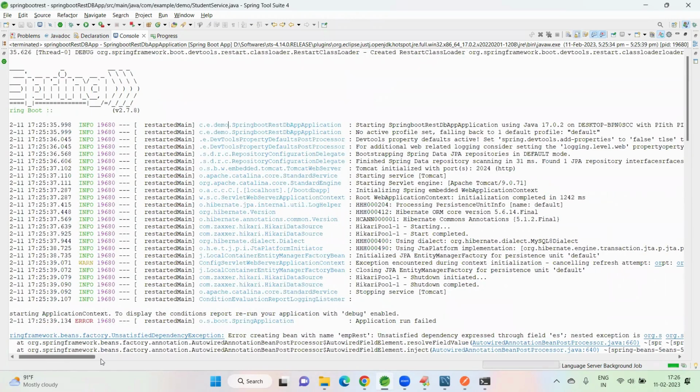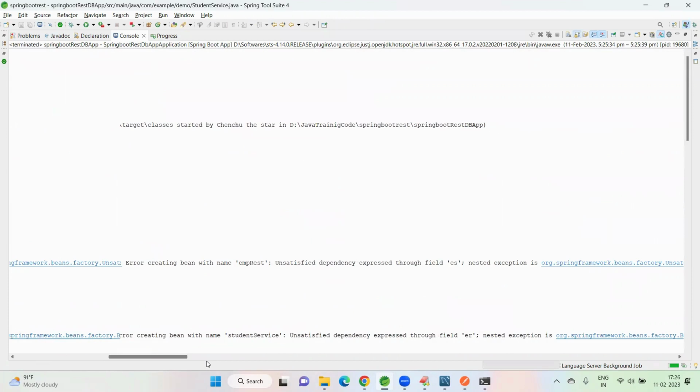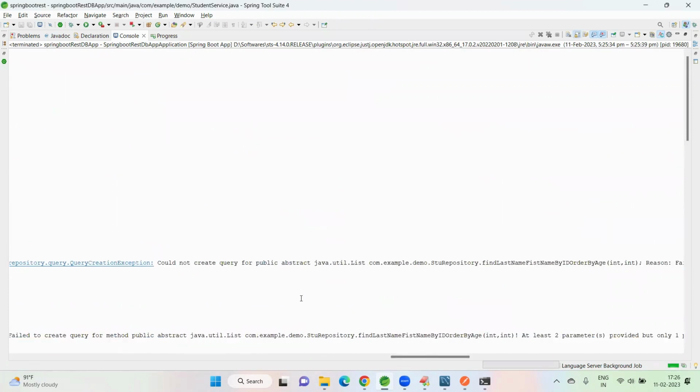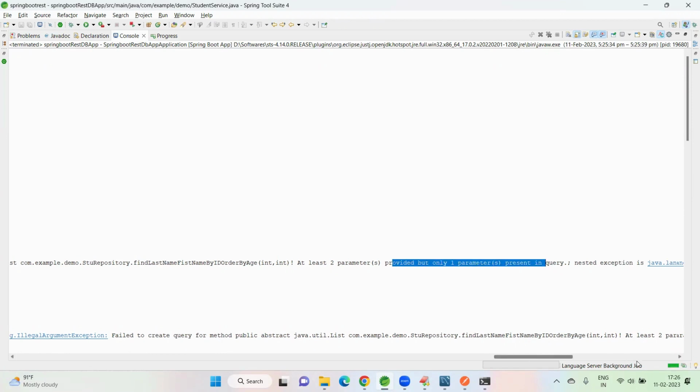EMP rest unsatisfied dependency. Just read the error, you can understand something. This method cannot create query for this abstract. At least 2 parameters are provided. Print the query. Next exception is